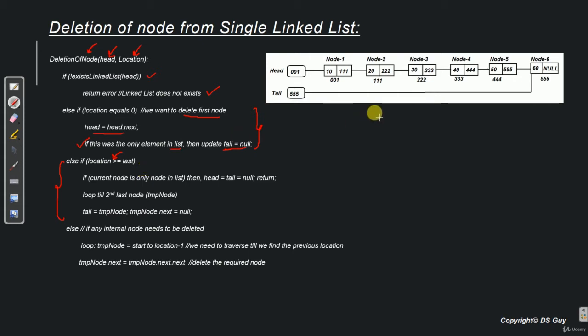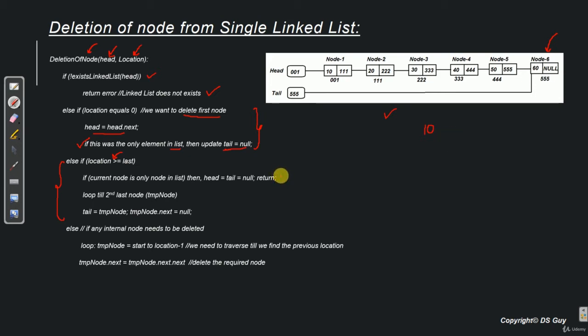So let's say this is our list having 6 nodes, and the user says delete node number 10. Now there is no node 10 in this list. So we will assume that the last node is the one that we want to delete. Of course, there is no standard rule for that. You can always throw an error saying that node 10 does not exist. But I have taken it for my convenience that if the user gives a node number which is bigger than the size of the list, then we delete the last node.